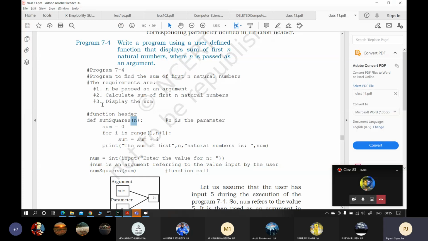Okay, fine. As an argument, n is in the global scope they have taken. They have taken the wording wrong actually. N is the parameter. Here they are accepting it themselves. Actually num is the argument. What they intend to say is that one number is passed as the parameter, and based on that number you calculate the sum of all the numbers from 1 to that number.